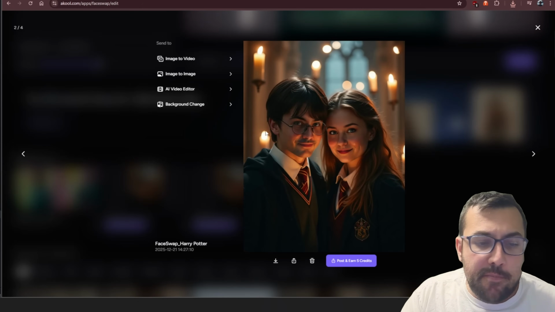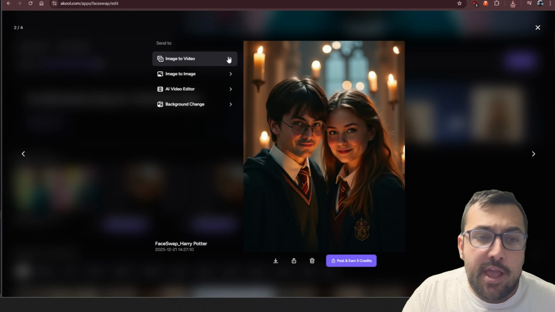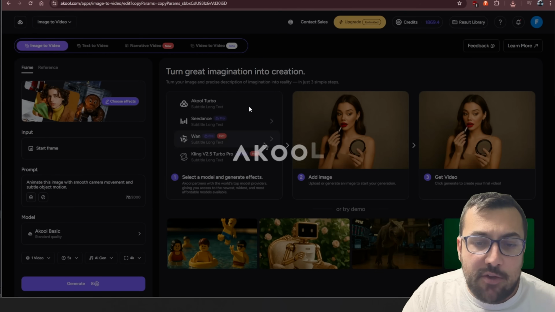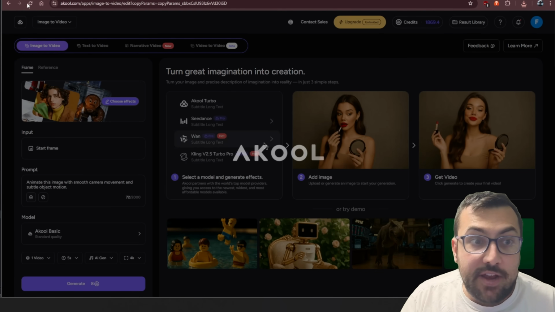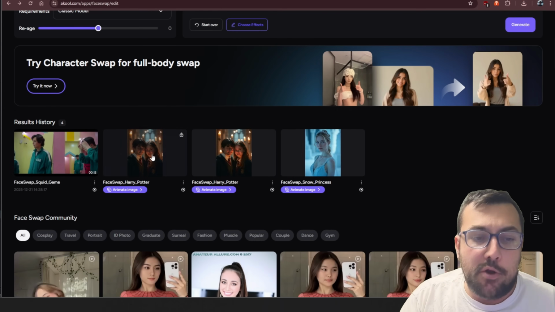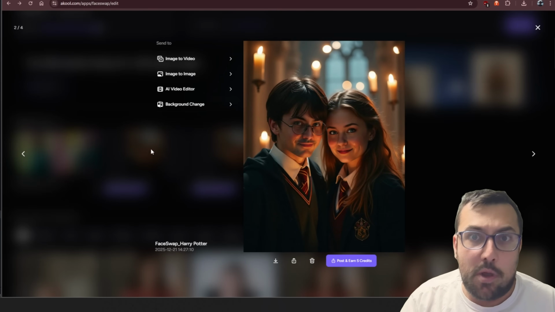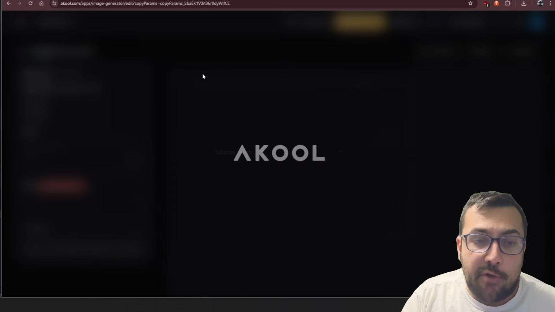It did keep the hair short, but it was matching the original clip, but you can really tell that is her face. So let's go back for a second because I want to show you something else. So let's come back here to this photo, and you're going to notice we have image to video, so we can just quickly generate a video out of this. I know we're getting a little off topic. I really want to stick to face swapping in this video, but anyway, we also have image to image,